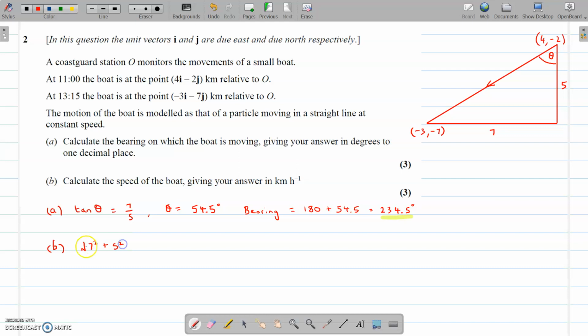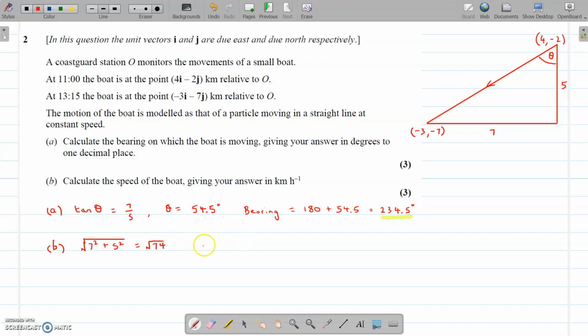And that will give us the distance of the hypotenuse of that triangle. That comes to root 74. So I'm keeping it in exact form at the moment,